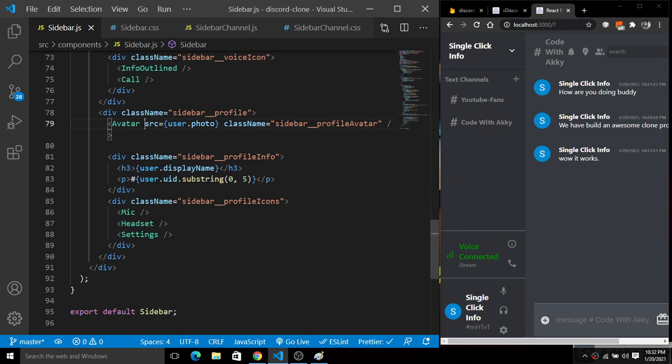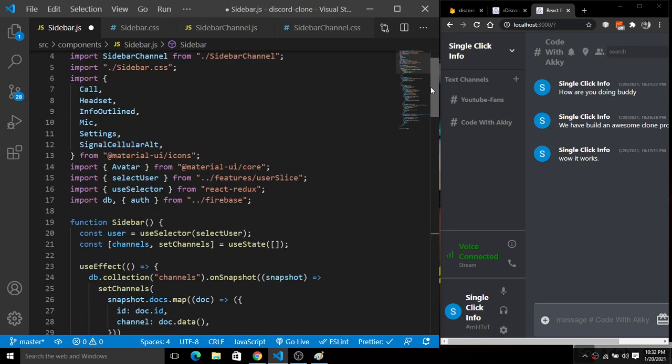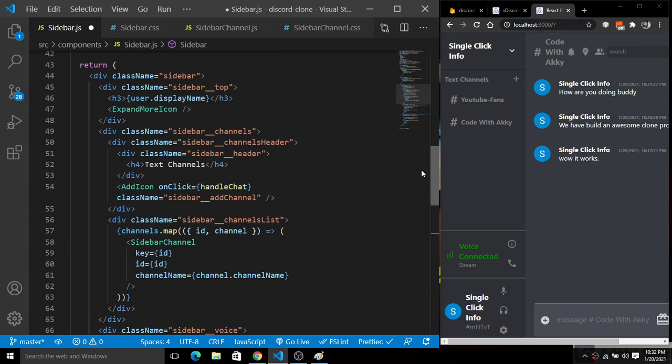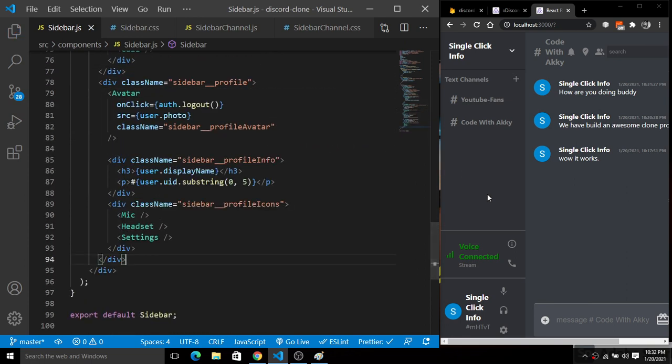I'm going to simply add onClick functionality. So onClick, there will be a logout function. So onClick, we have this auth.logout, just like this. So simply import this auth, auth.logout, and we have this logout function. Okay, fine. Now save this. You will see you will simply log out from there. And when I save this, let's go to the deployed version here.